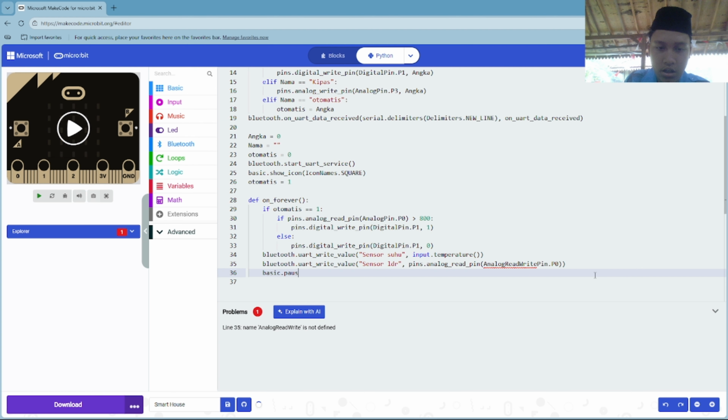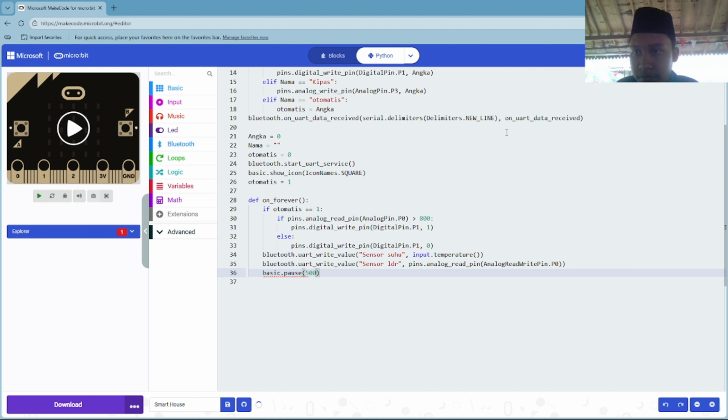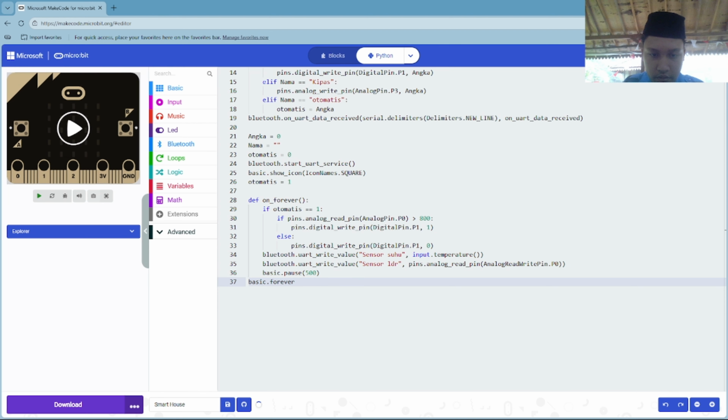Maybe in here there is an LDR sensor. And then after the pause, the pause is 500. It's put in my website. If I put my finger here, then it will be higher. In the last code, it is closing for the forever. If I put my hand, it will be lower, it will be 500. If I put my hand, it will be 200. Maybe that's all from us in this video for this project and IoT.